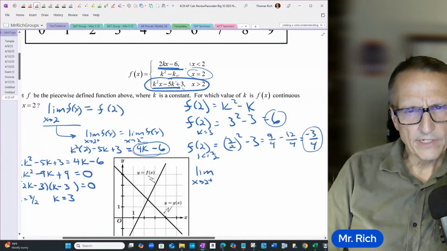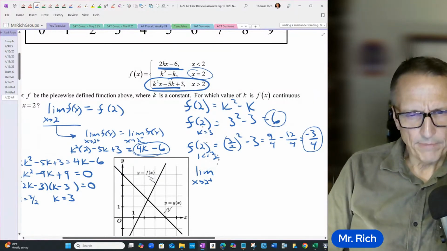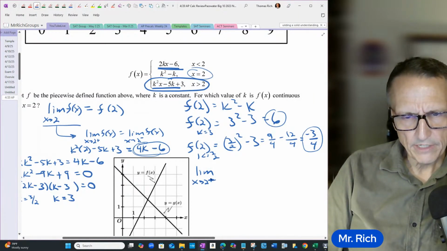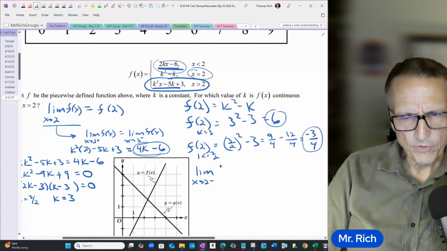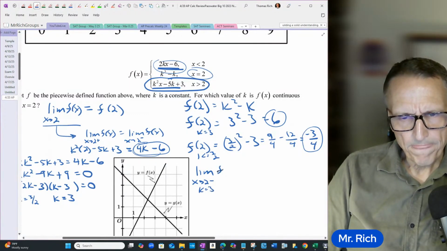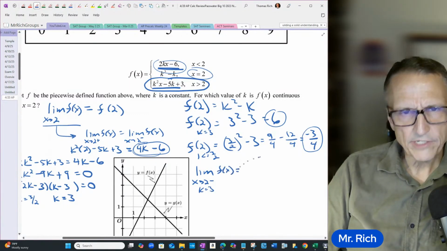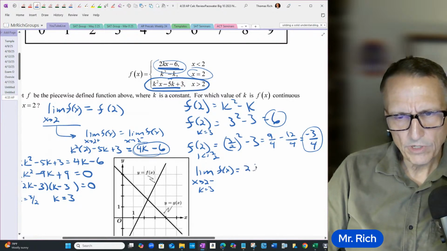I'm going to do it from the left-hand side just to make it a little bit easier. I'm going to use this one up here. So as x approaches 2, when k is equal to 3, of f of x, that's going to give me 2